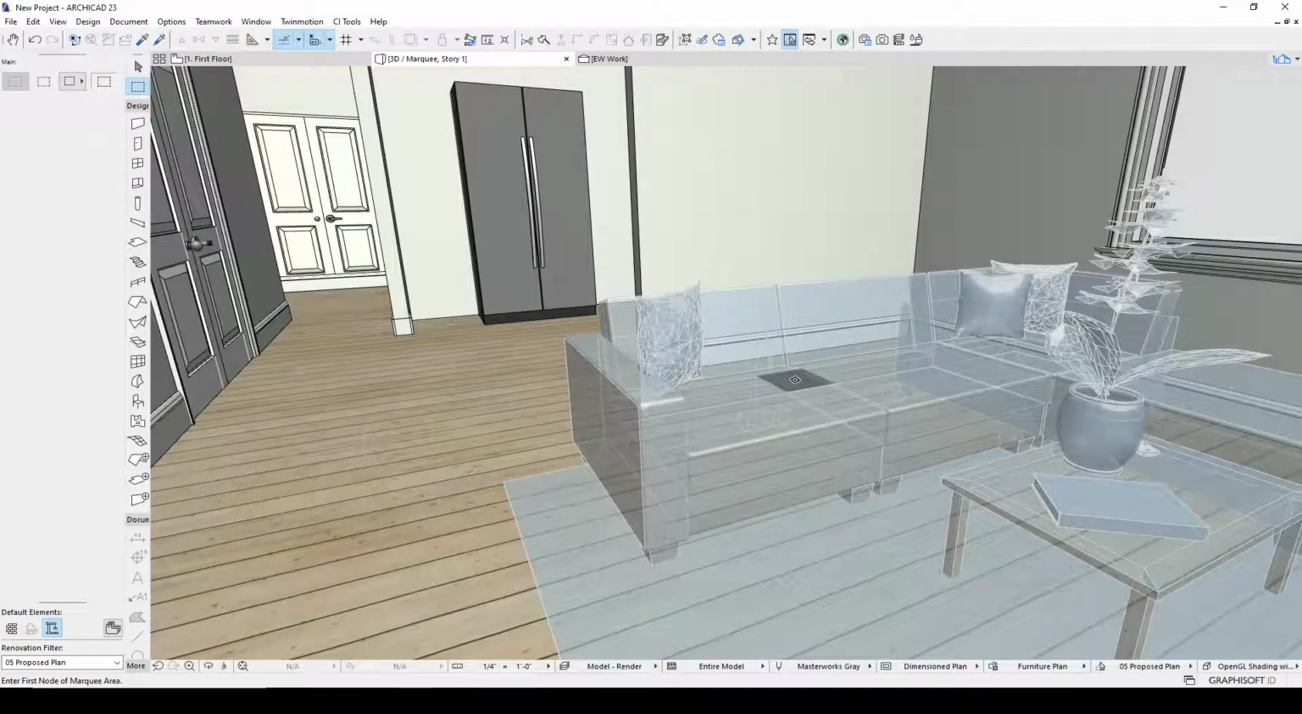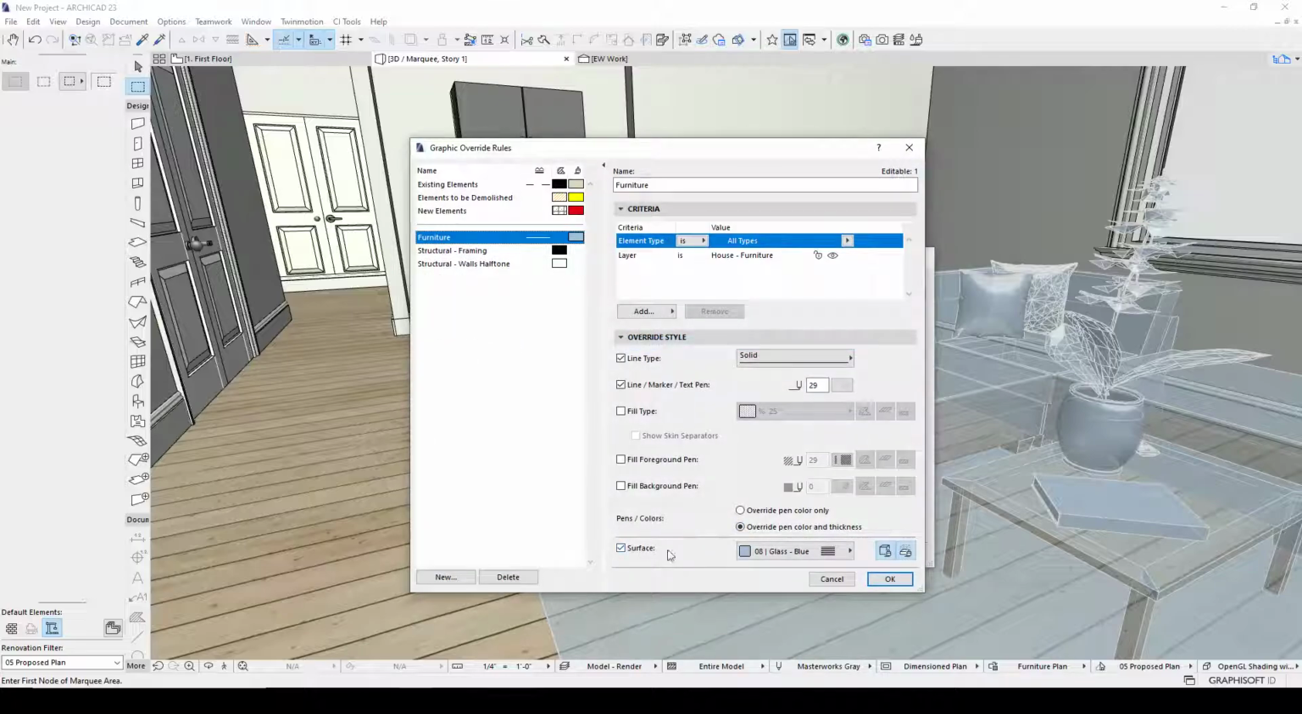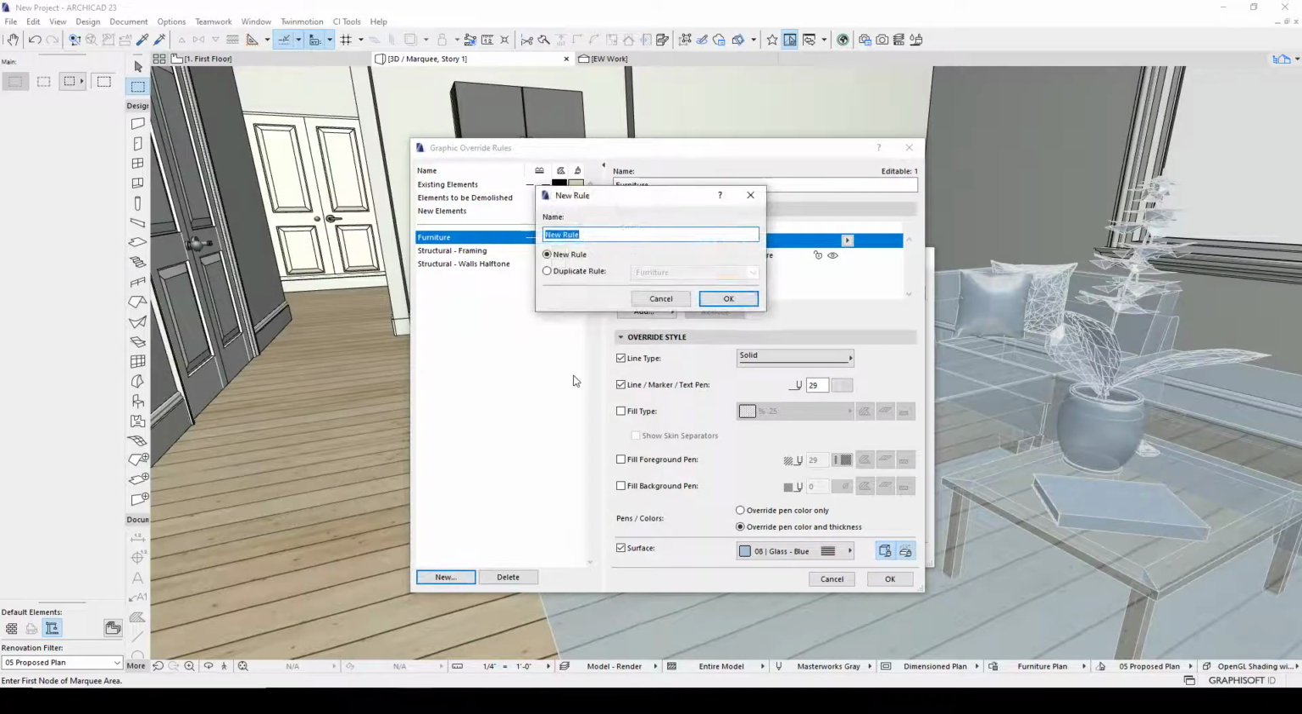It's also good just to harmonize your drawings a little bit. And pens and colors, override pen color and thickness, or just the color. So work through here, and there's no reason you can't have multiple rules. If you want to, then we'll go and make a new rule,